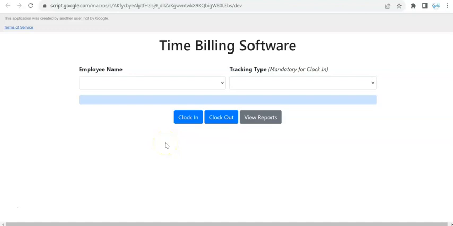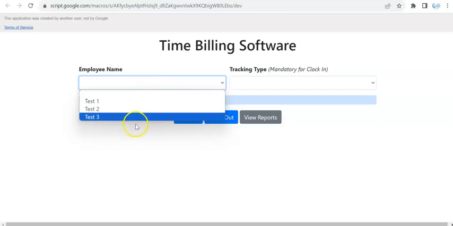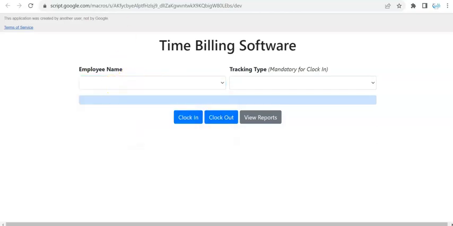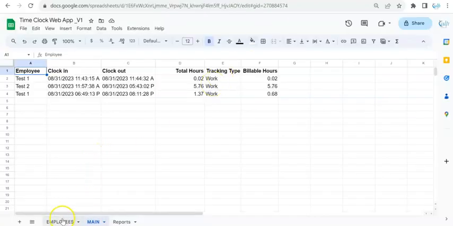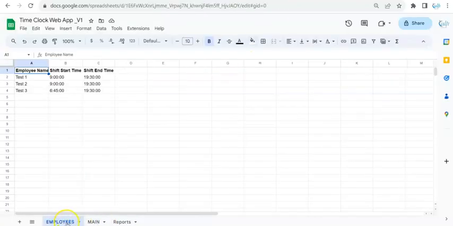Hi, I'm really excited to show you that this is now done. You can select an employee from this employee name list, and that comes from here. So we have two spreadsheets, three tabs. The first one is employees, so you can add an employee over here,